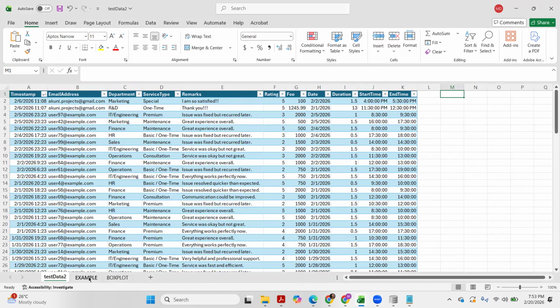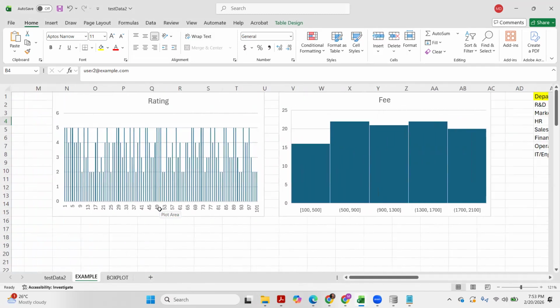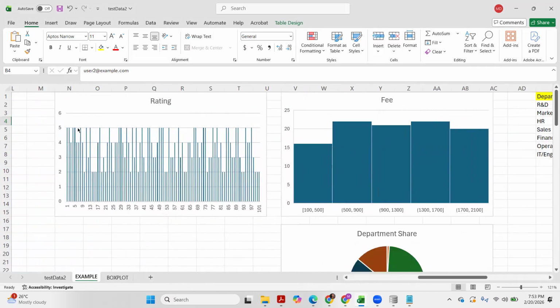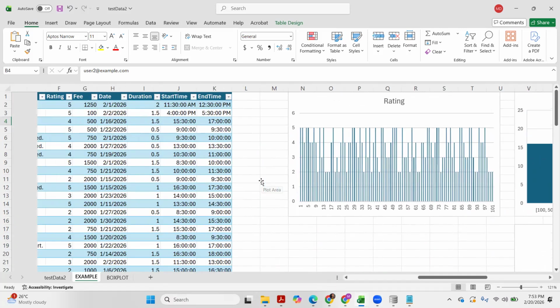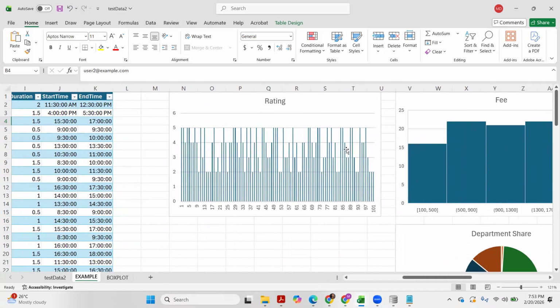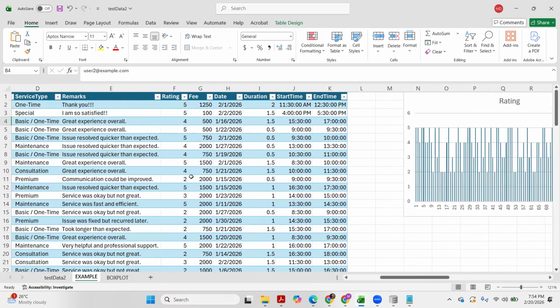Right now, because we are dealing with analysis, this is our example. We want to generate a column chart, a histogram, for the ratings, just to see how many 5, 4, 3, or even 2 we got from the ratings.